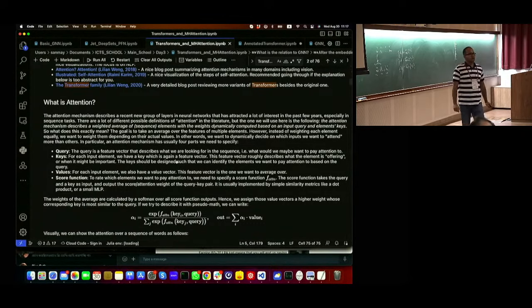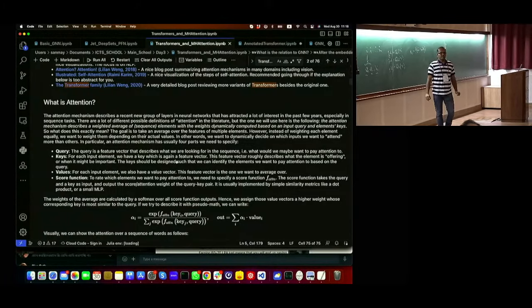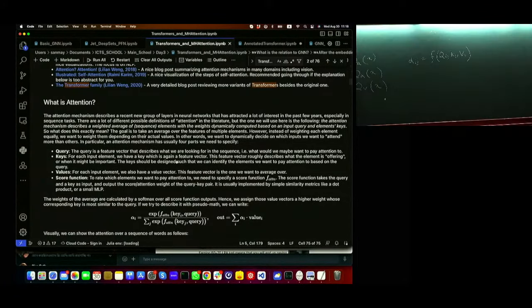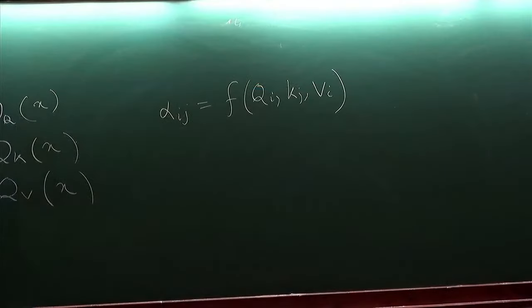So the attention score between the elements, something like alpha ij, if you take a pair, that should be some sort of function of qi, kj, vi, the way it's constructed. We will see what that function is, and there are variations of that function. But given this representation created for each set element, you try to create an attention score. And the output